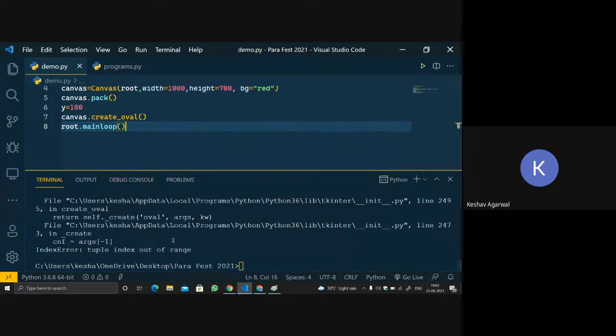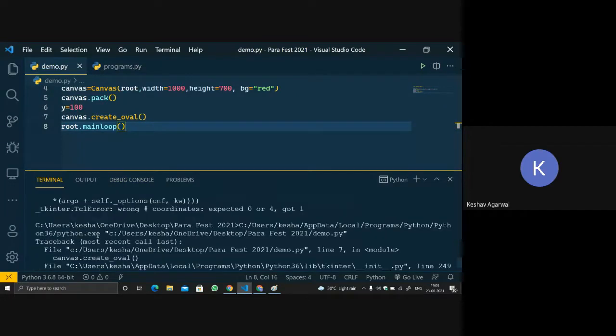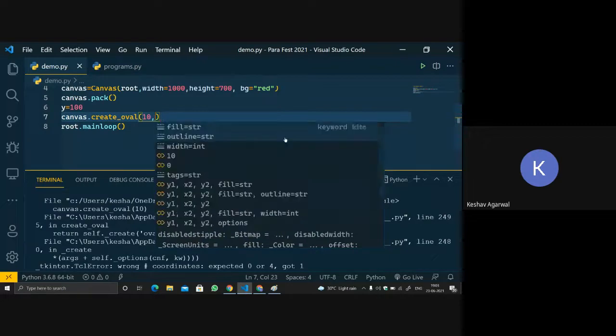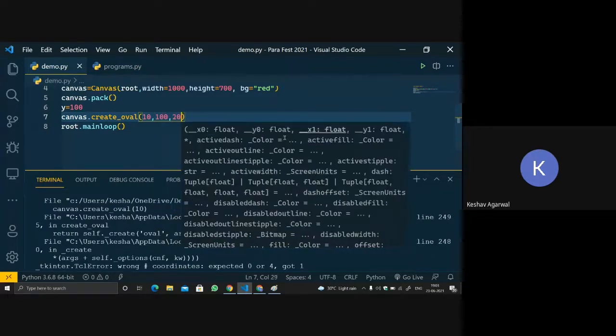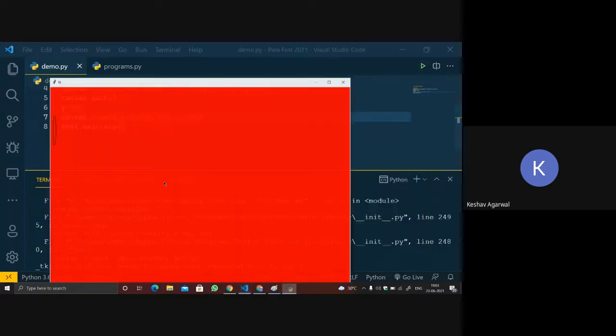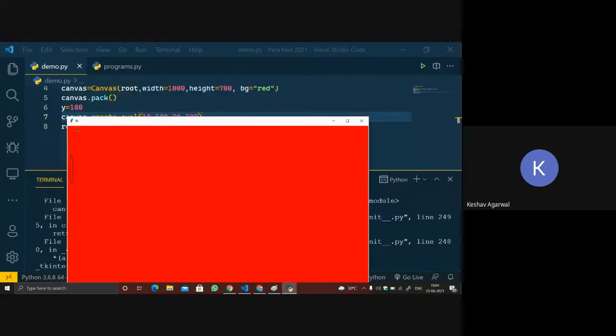Tuple out of range. It expected 0 or 4. So let's give it 10, 100, 20, 200 and see what happens. So we are specifying the 4 points, and it's 100 in the x-axis.